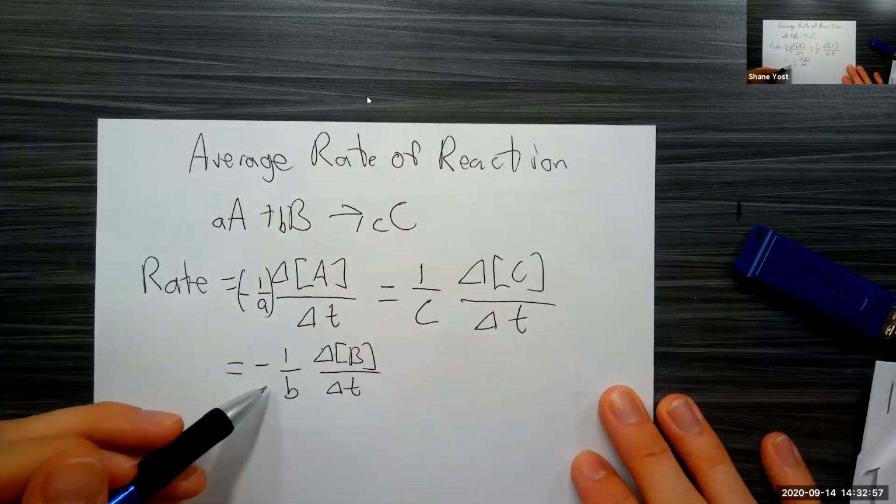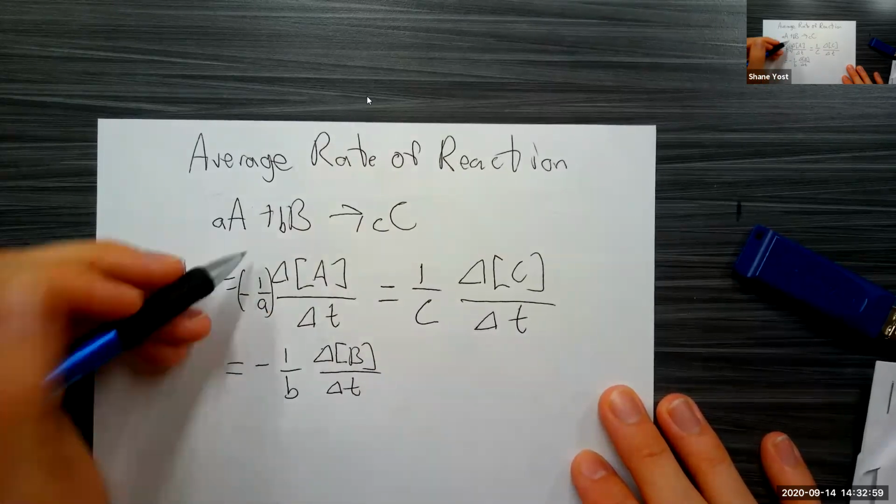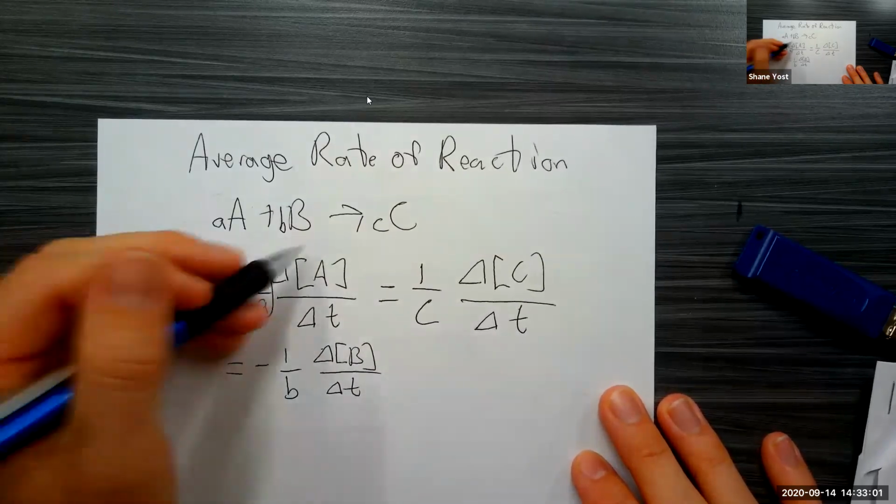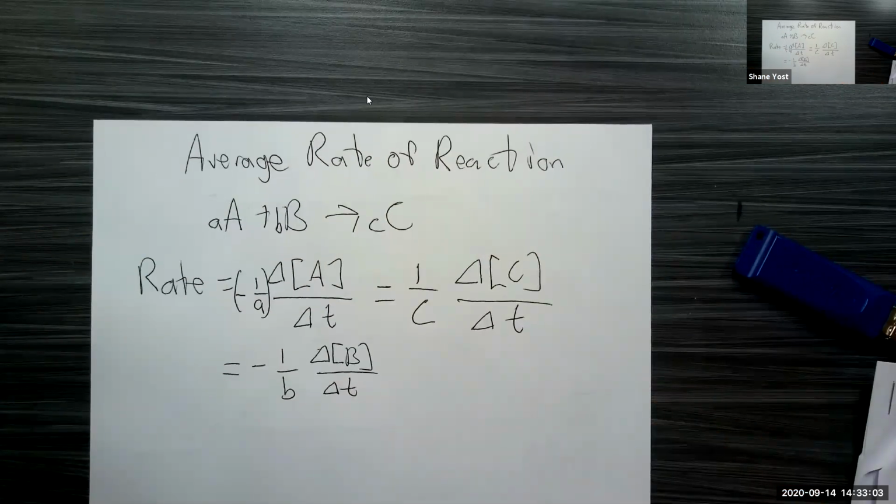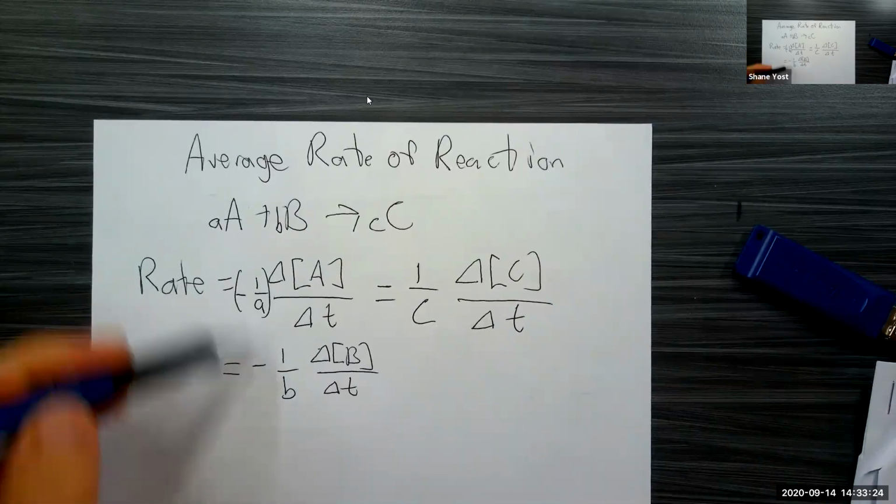So these minus signs that appear for my reactants, A and B are reactants, are there because the average rate of the reaction is defined as a positive value. It should always be positive. But the rate of change in the concentrations of my reactants is always negative, because I use up my reactants over time, so the concentration decreases with time. And so that's where the minus sign comes in for the reactants.